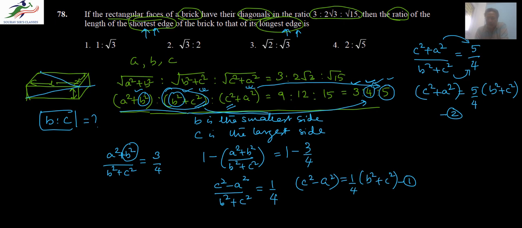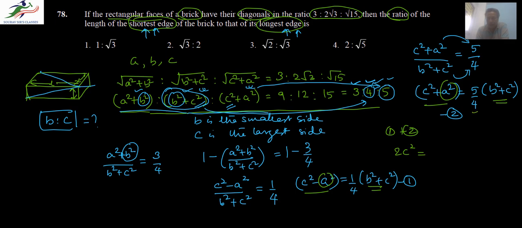Now you see that in both the equations, on the right hand side I have a common term, which is b square plus c square, and on the left hand side I have c square plus a square and c square minus a square. So I want to eliminate a from both equations, so I just need to add the two equations. Therefore, if I add equations 1 plus 2, I will get 2c square